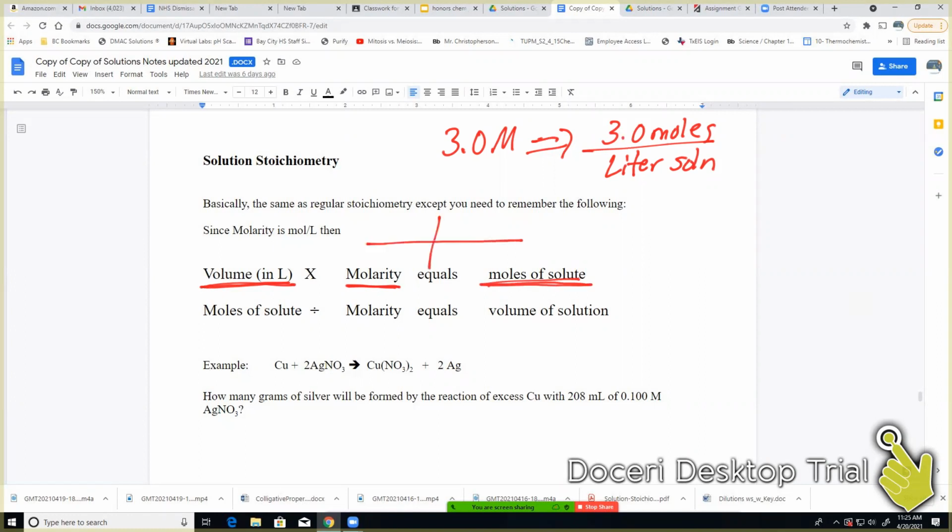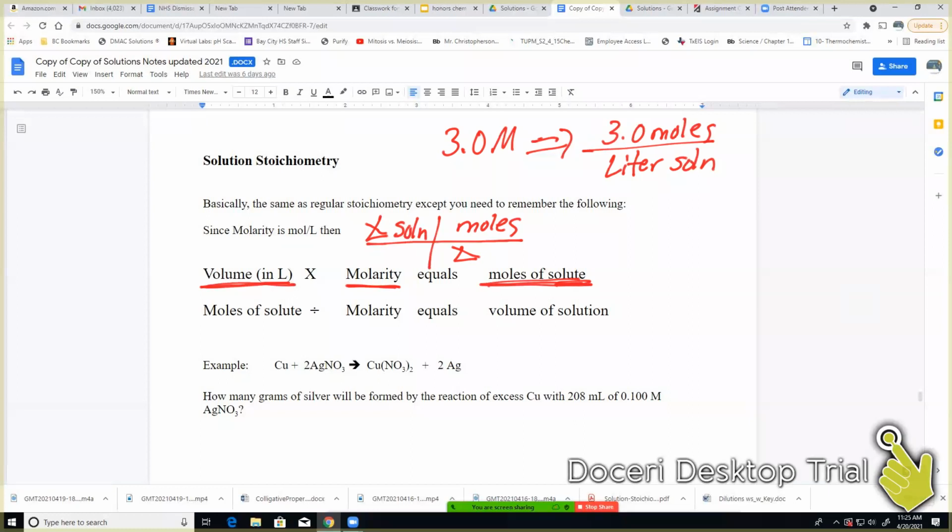Because if you think about it, if I know liters of solution and I know the molarity, which is moles per liter, then if I multiply those numbers, my liters cancel out, and that will tell me how many moles of solute I have. And then once I know how many moles of solute I have, it makes sense to put it in a stoichiometry problem where I have a balanced equation,